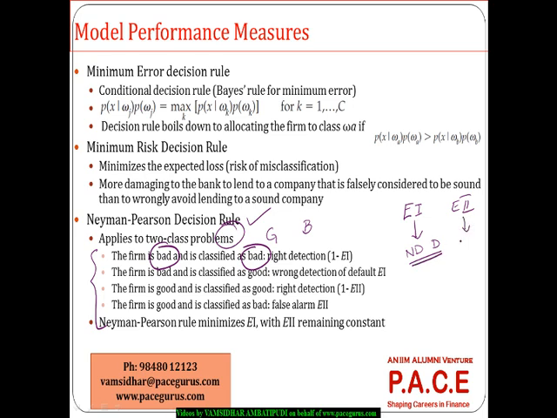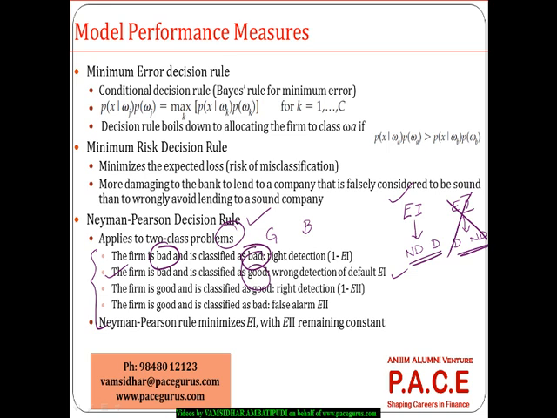The model said that he is going to default, but he has not defaulted. That's a type 2 error. Type 2 may not be a severe problem for the bank here because they might have omitted the loan for him right at the beginning. But type 1 is a very serious problem. So here we are trying to see these four classifications. The firm is bad and you have classified it as good, which means you have wrong detection of default,